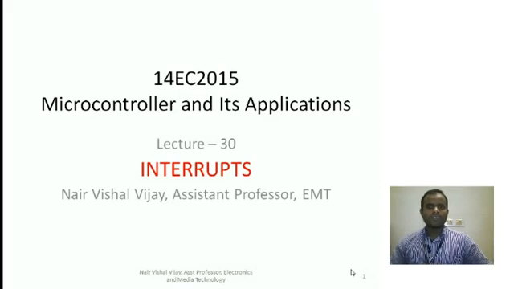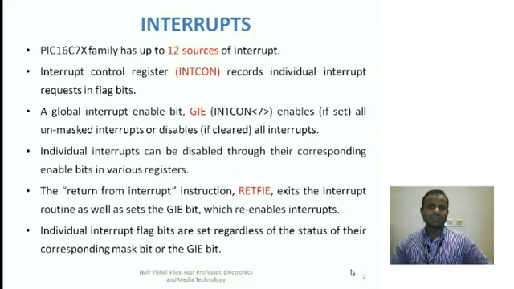Now, when PIC microcontrollers are concerned, there is a family of microcontrollers as we have already discussed. As far as PIC 16F74 series microcontrollers are concerned, you have 12 sources of interrupts. There may be varying sources of interrupts in other PIC microcontrollers. As far as this microcontroller is concerned, there are 12 sources of interrupts. And all these interrupts are controlled through some registers such as the interrupt control register. And of course, there is another interrupt register such as the peripheral interrupt enable registers. There are two peripheral interrupt enable registers. We will discuss it in detail.